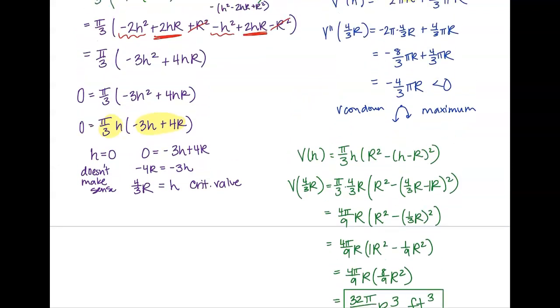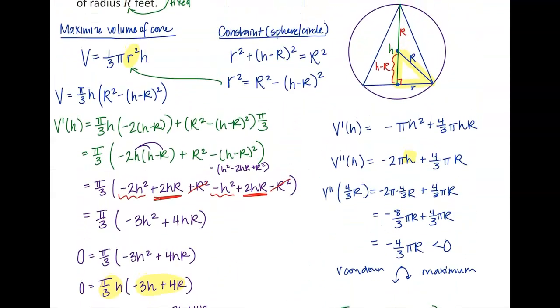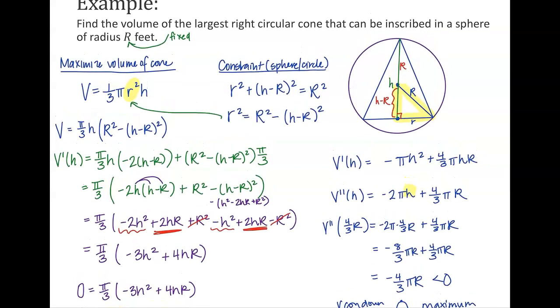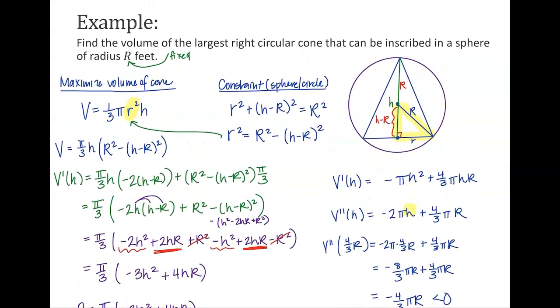And it was a lot of work. It was. These are very deceiving little problems because look how tiny the problem was back here, right? Just find the volume of the largest right circular cone that can be inscribed inside a sphere of radius r feet. Just like one simple sentence turned into all of this work, right? But it's about understanding what we're trying to do first, like maximize what? Maximize volume. Okay, we need the volume formula. It has two variables. How do we get rid of one of them? Well, we always need a constraint equation. The constraint equation